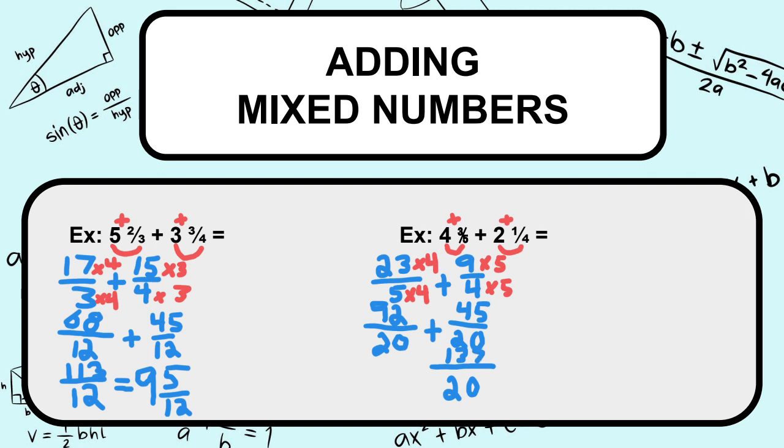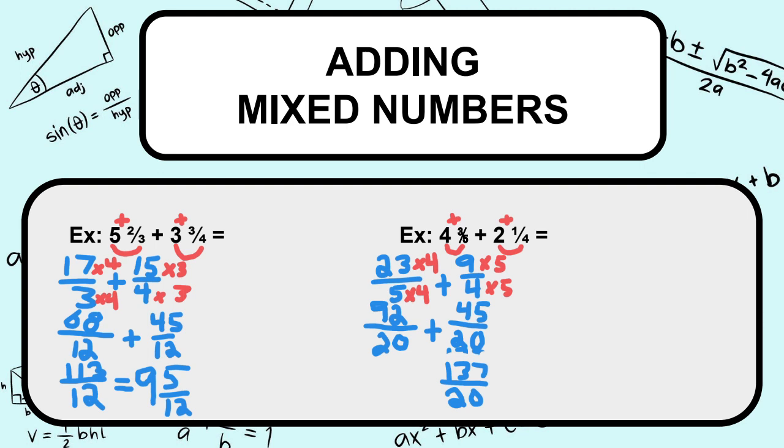137. Okay, I know that's a little hard to read. You know what? I don't like that. Let me erase that. Let's rewrite that one more time. My apologies there, but I want you to be able to see. You got to be able to see the work you're doing, right? Denominator of 20 stays the same. Then